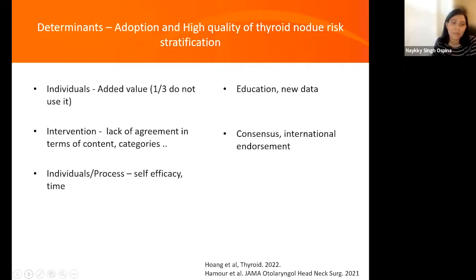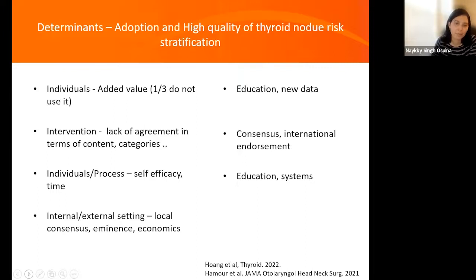And from other papers, time for the risk stratification has been highlighted as a potential barrier. So here again, education so that people have the skills, but then also changes to the systems. And I already mentioned reimbursement, for example. And that leads to the last one, which is data that we learn in terms of the internal and external